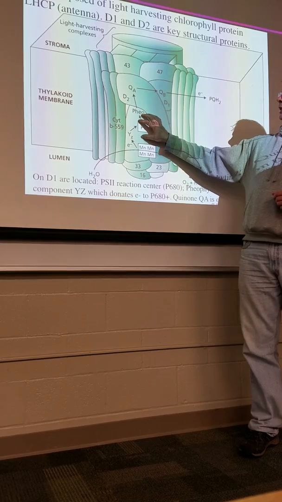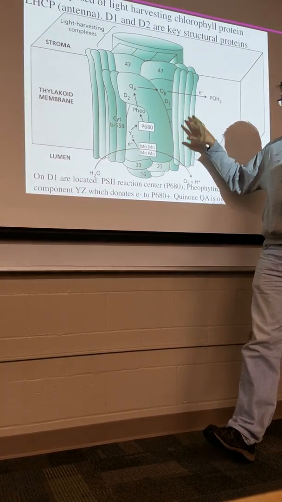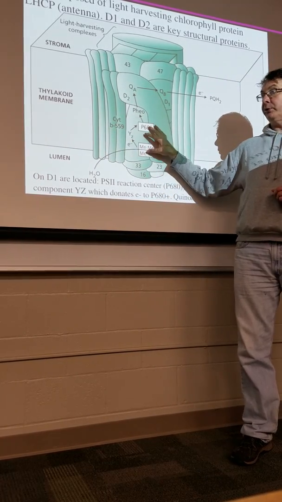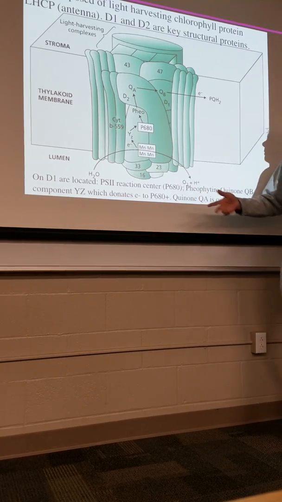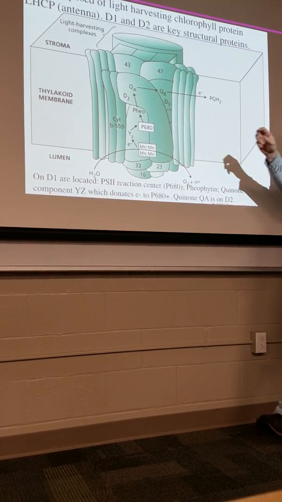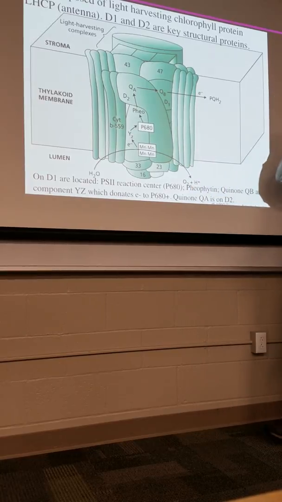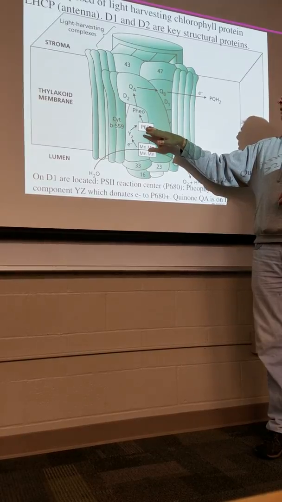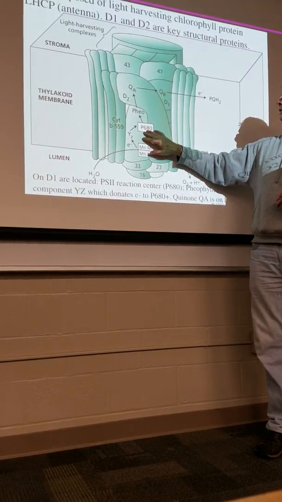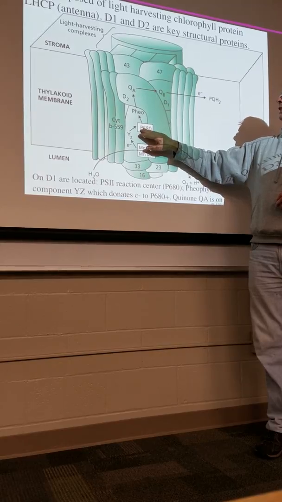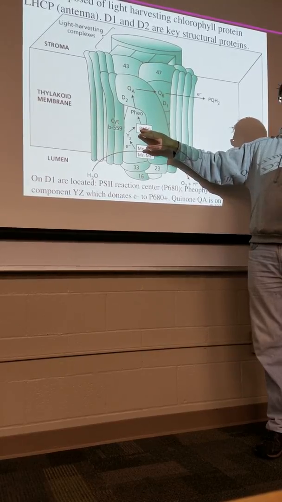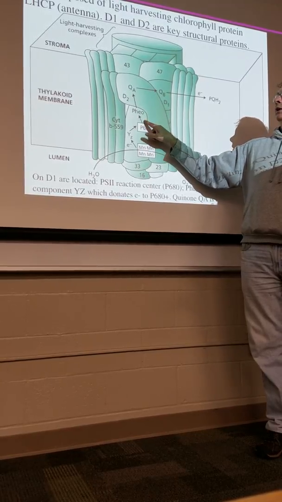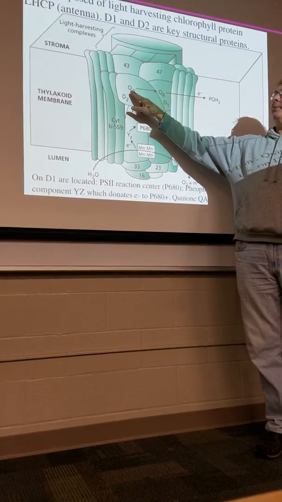P680 is our reaction center, and high energy photons transfer the energy through the antenna complex to our reaction center. We have two proteins in the reaction center, D1 and D2. What'll happen is that P680 gets excited with energy from a photon of light, and that excited electron is passed on to